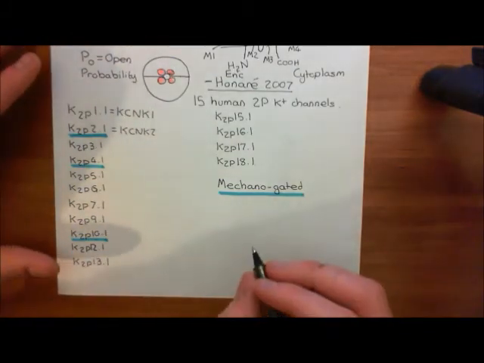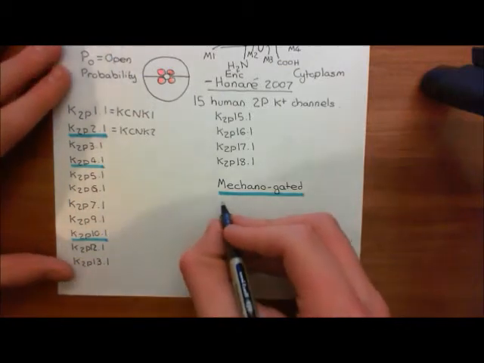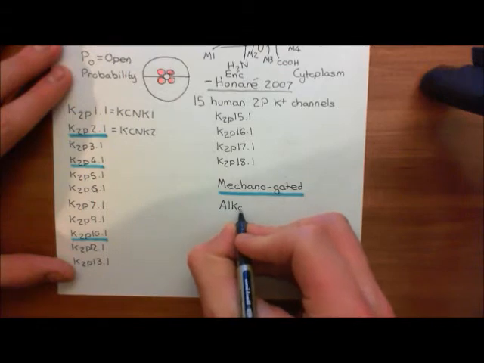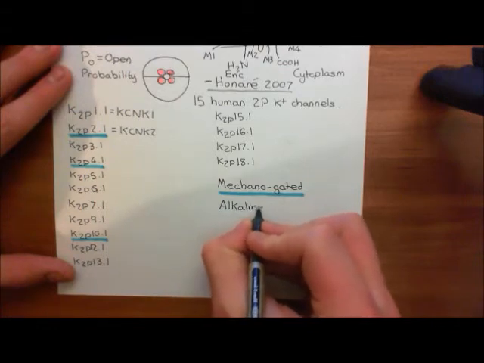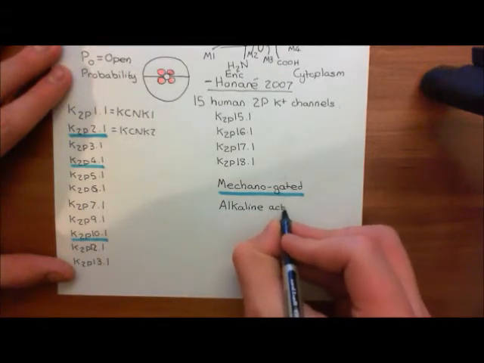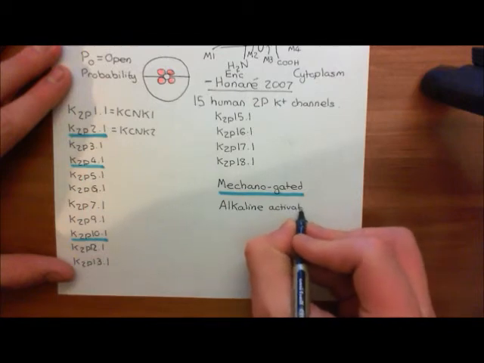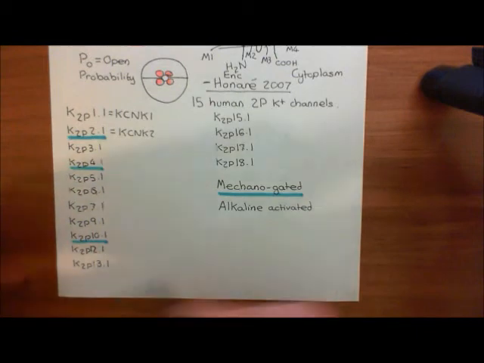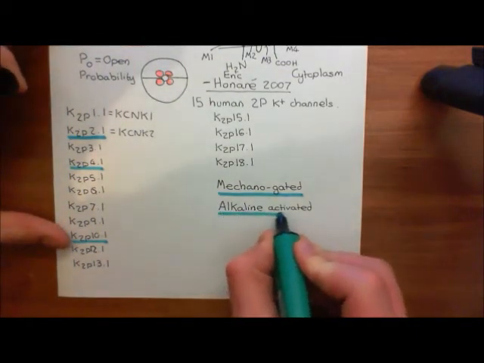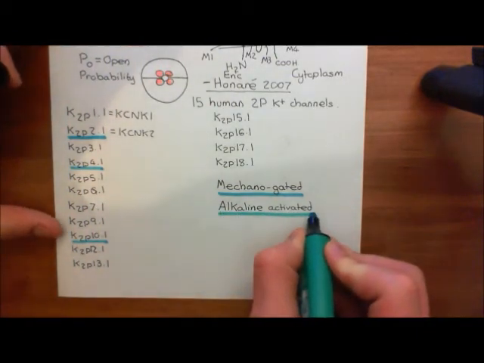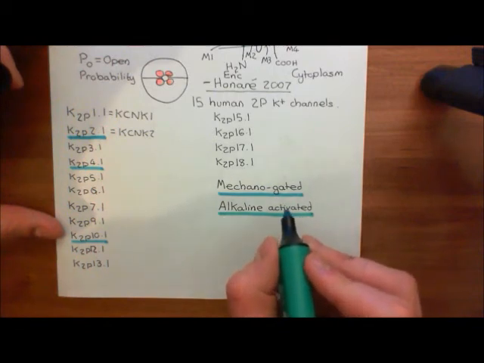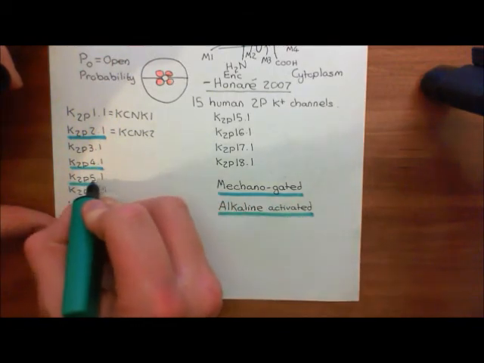Then we've also got the ones which are alkaline activated. So these are activated by low concentrations of protons, i.e. they're going to be opened by alkaline pHs, or at least they're going to have their open probability increased by alkaline pHs. Okay, so we'll highlight these ones in turquoise. So examples of these are K2P 5.1 and then also